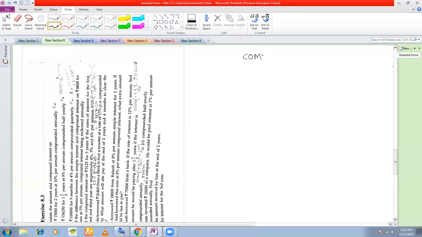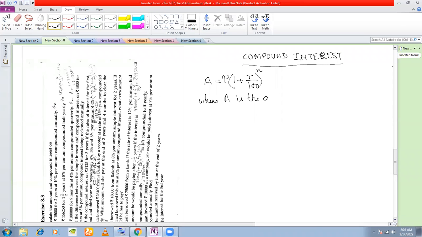Compound interest formula: A is equal to P into 1 plus R by 100, whole to the power of n, where A is the amount after n years,